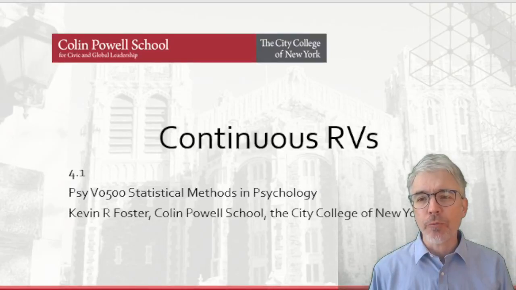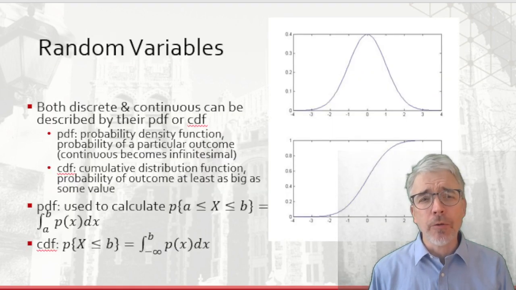All right, we're going to talk about random variables, particularly continuous random variables. All random variables, continuous or discrete, can be described by either their PDF or their CDF. The PDF is the probability density function, the probability of a particular outcome, although for a continuous random variable, that particular outcome is infinitesimally small. The CDF is the cumulative distribution function, the probability of an outcome that is at least as big as some particular